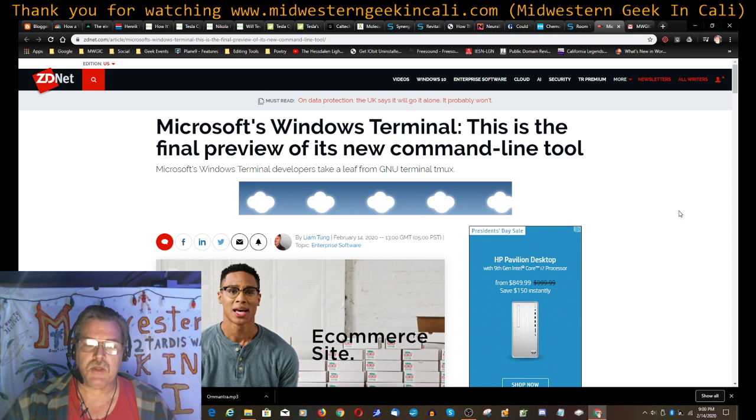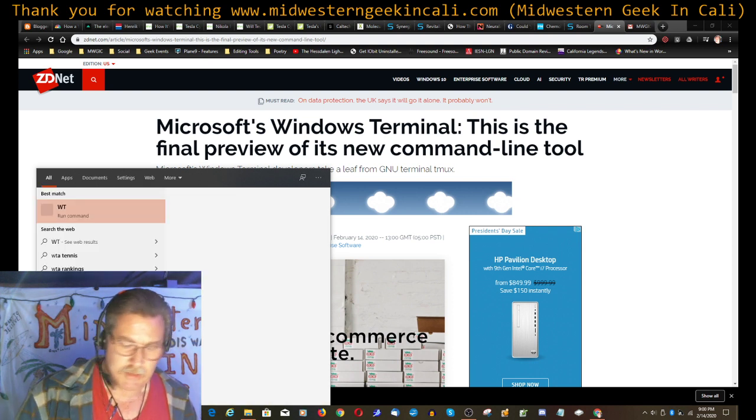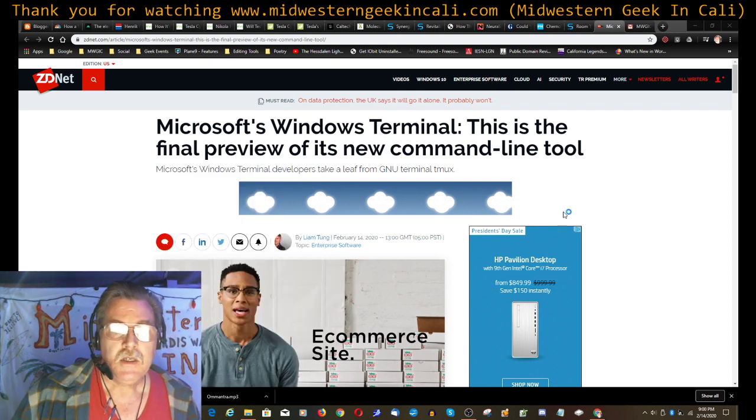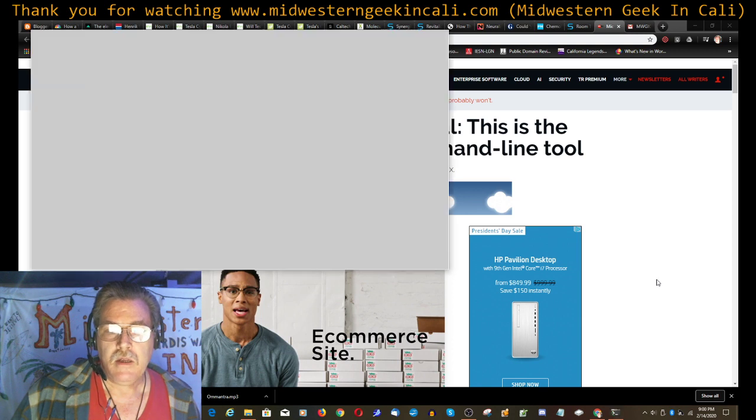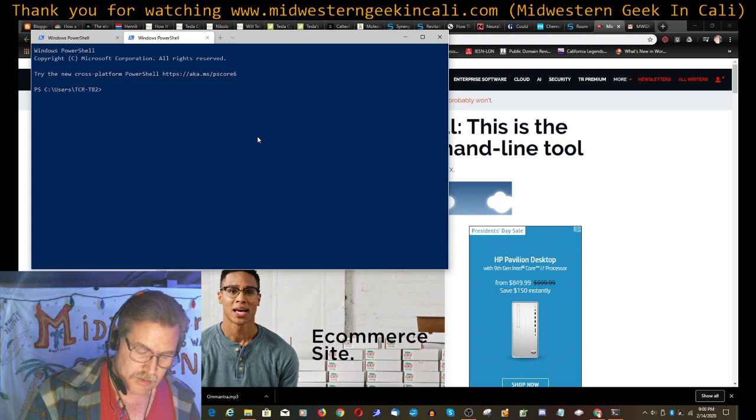I've got Windows Terminal installed on a couple of PCs. Just real quick, I'm going to fire it up and show you. All I do is type WT in the search box and run it. And here we go. I've got a Windows Terminal session. It comes up in PowerShell by default. Now, if I open another tab over here, I can go